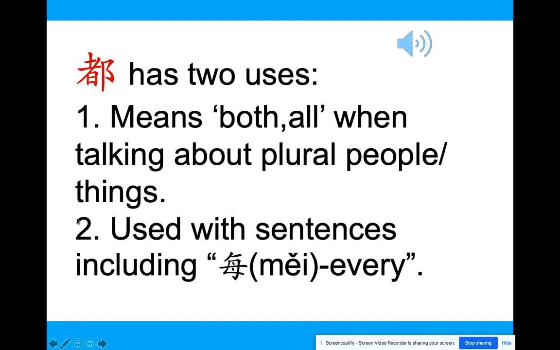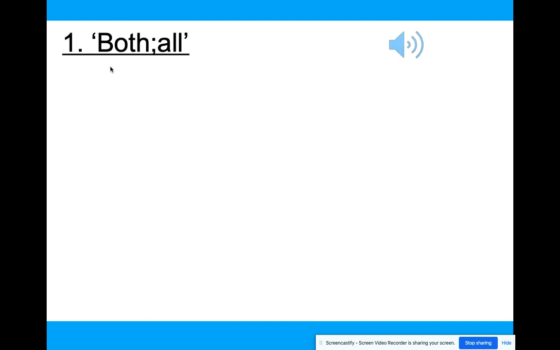That's the first case. The second case is when you are talking about something that happens all the time, like every day, every year, or whenever you use every, 每, even for everybody, because it means more than one person, then you also will use 都 in this sentence. Okay, now I know we need some examples, but actually 都 is not very difficult to understand, but people always forget to add this in their sentence. Now, how do you add this in your sentence?